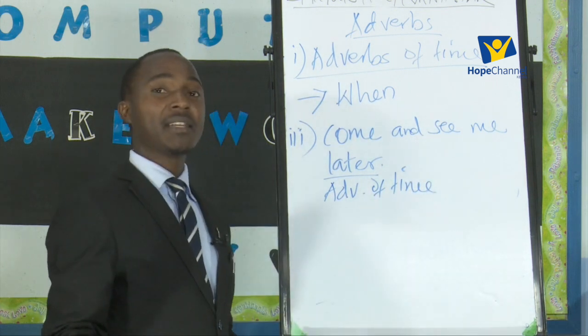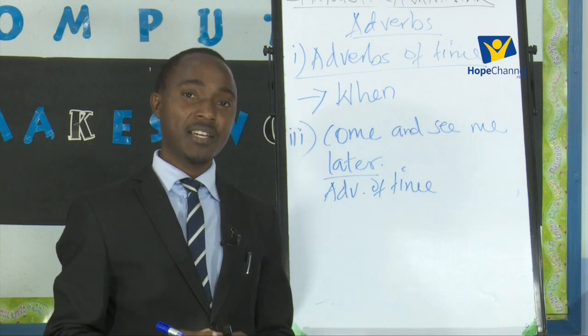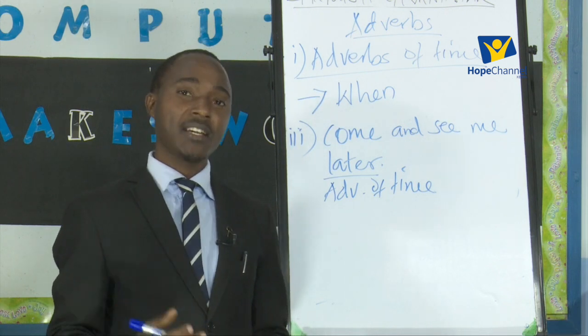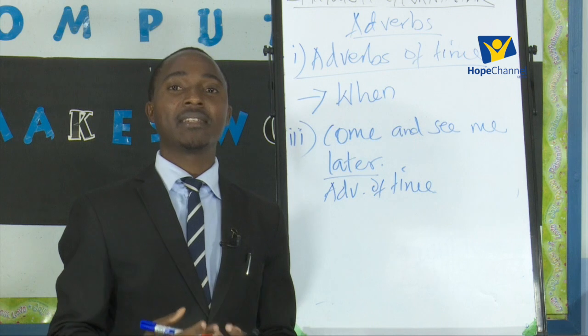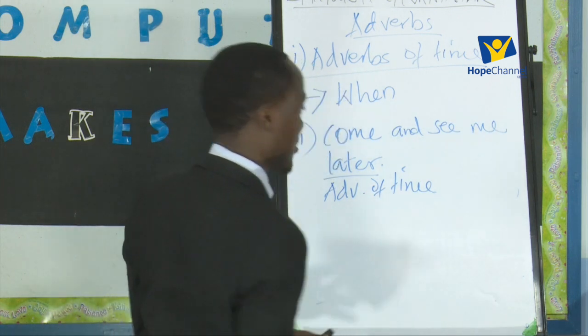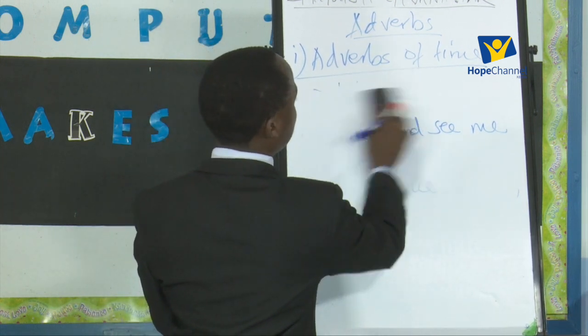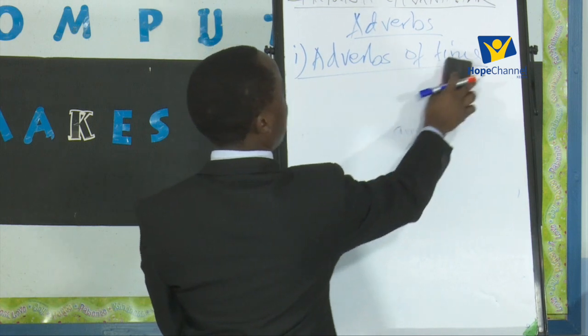So remember, we have said that adverbs of time answer the question when. When did the action take place? When will it take place? Or when has it taken place? Right? We go to the second type of adverbs, and we look at